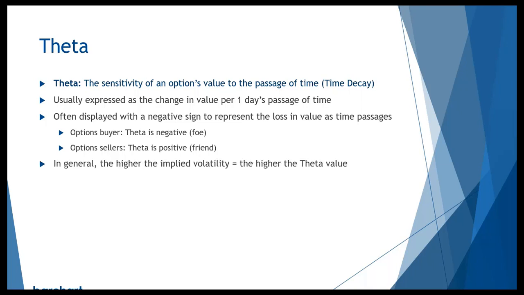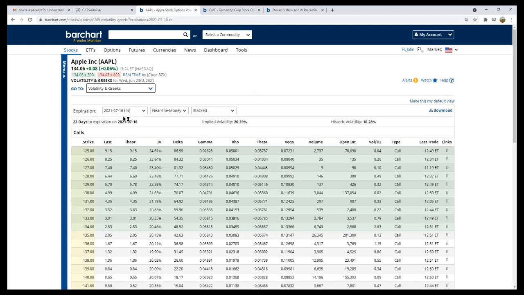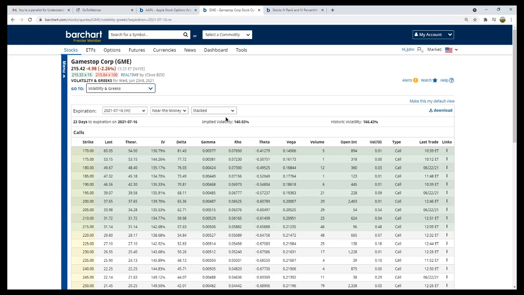And in general, again, the higher the implied volatility, the higher the theta value, all right? So again, let's go back to our Apple here, and let's look at our theta of our Apple. Our July theta here is only 0.05. But if we go to our theta of GameStop, of a higher implied volatility and at the money,